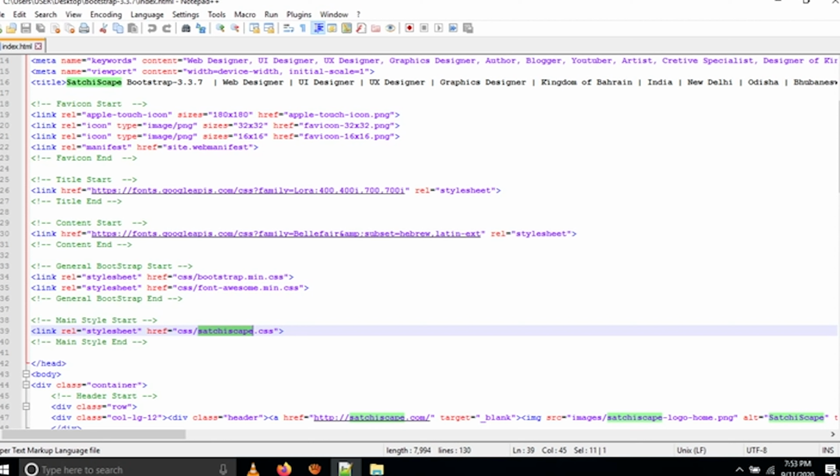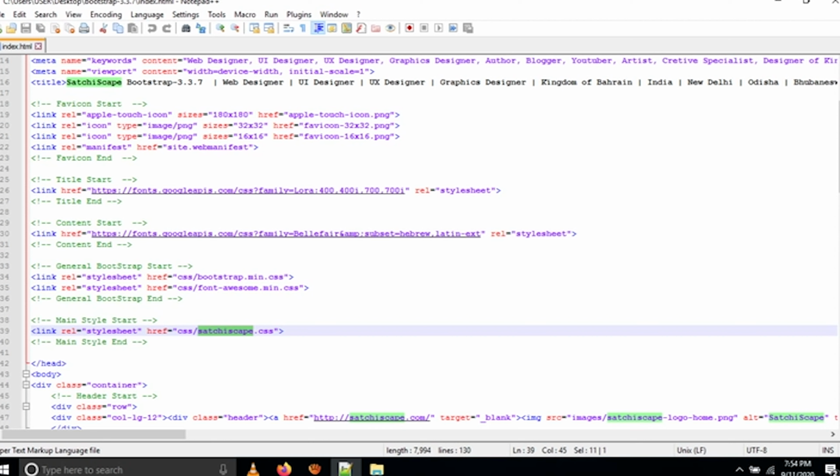Why are we using Bootstrap Min CSS first and in the end Satiscape.css, which is custom CSS? Because some Bootstrap Min CSS we have to modify as per the project in the custom CSS.